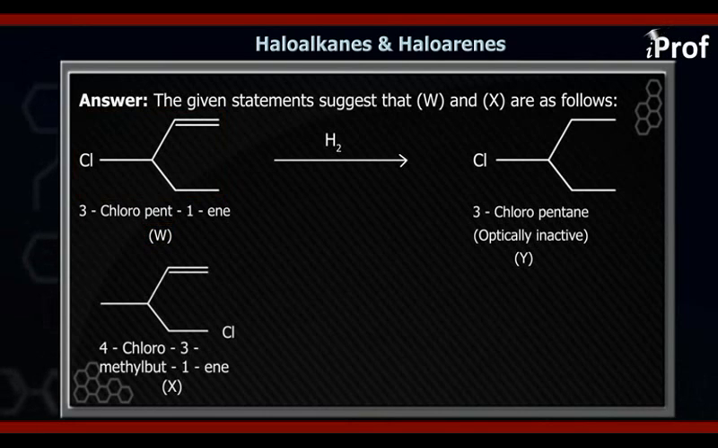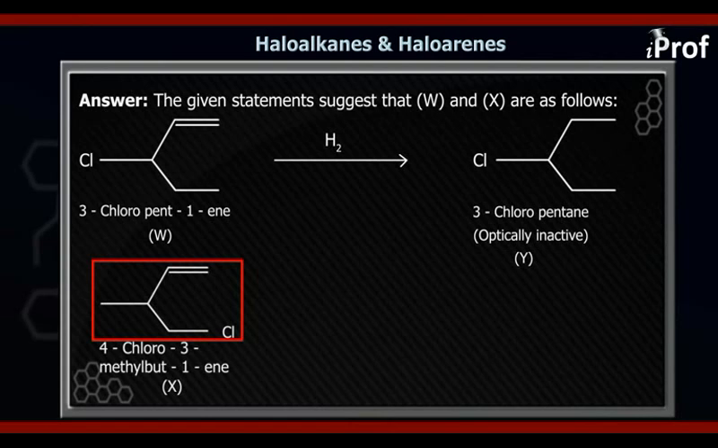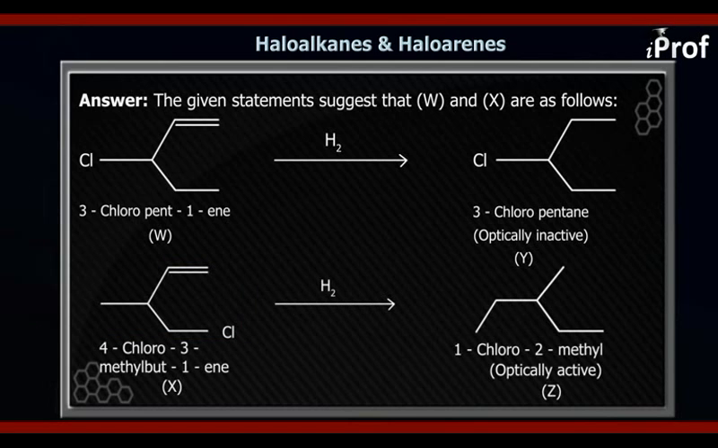Now the next structure we have is the one which we assumed, that CH3, CH2Cl is the other group, then H, and then we have CH=CH2. In this if you add H2, what you will get is CH3